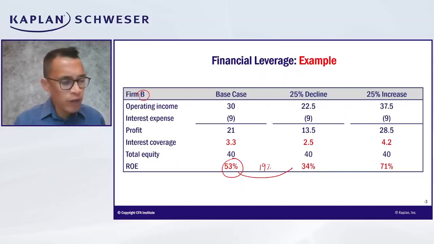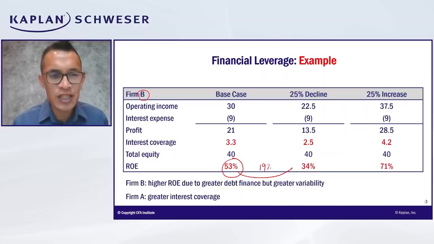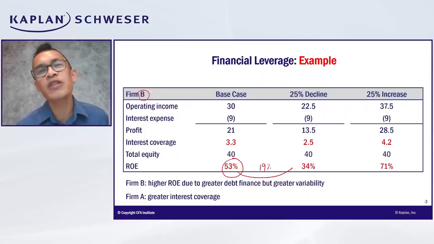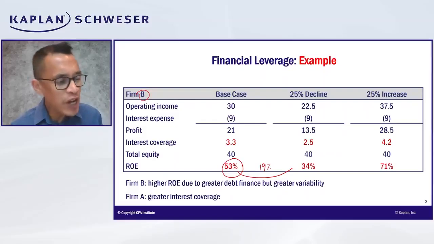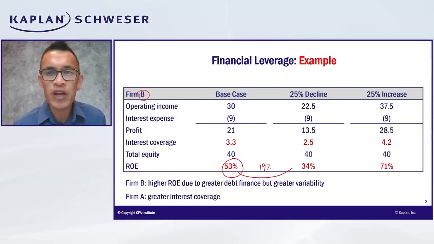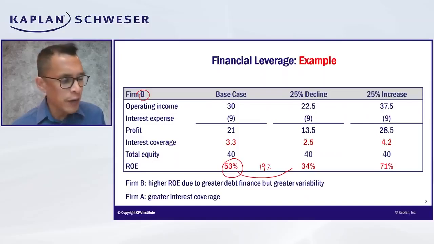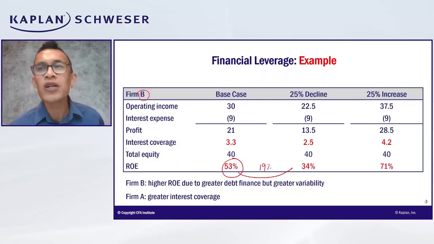So going further, even in the downside case, right, firm A's interest coverage ratio is over 10. And therefore, it can withstand a greater than 90% decline in operating income before its ability to make interest payments is seriously imperiled. Now, in practice, I will say that investors would, amongst other things, evaluate the stability of sales